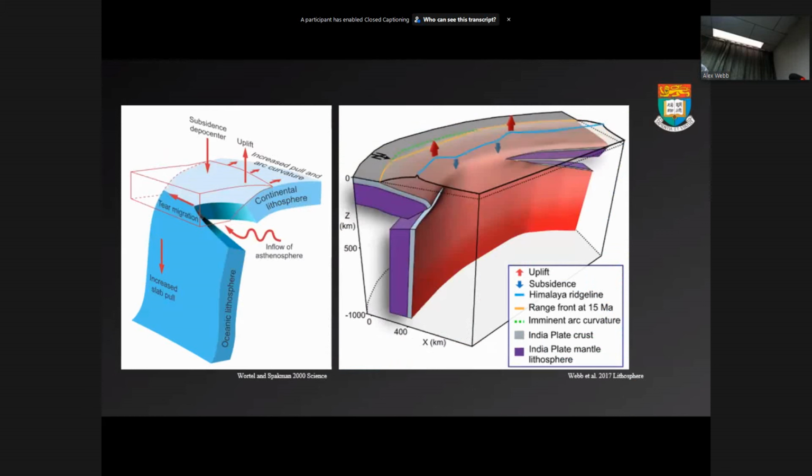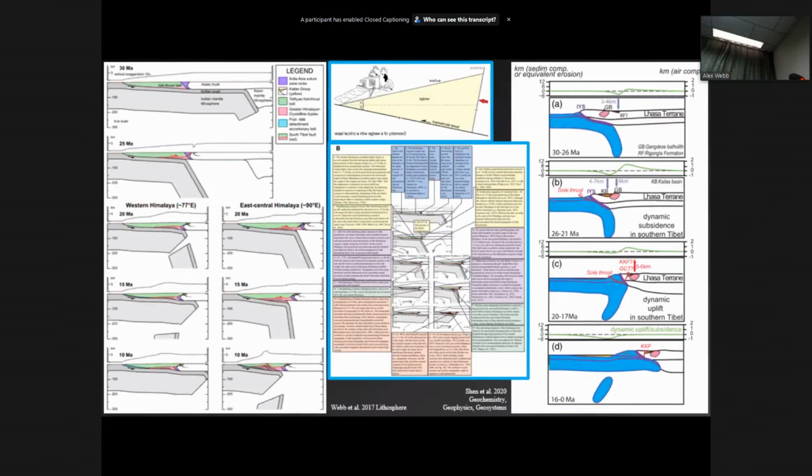So one section is in the west, and the other section is in the east center. So this section's in the west, this one's in the east center. And so here the slab breakoff happens early. This version assumes sort of an inviscid mantle. If it's more viscous, the time would be a little shifted, but nothing major changes. So if it's inviscid, you break it off, everything pops up, the fault stops moving. Whereas here in the east, it's still connected, it's still pulling down, you still need to do internal shortening, the fault keeps going.